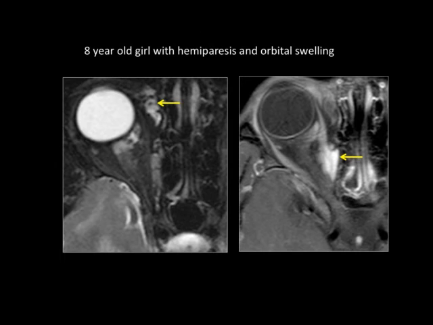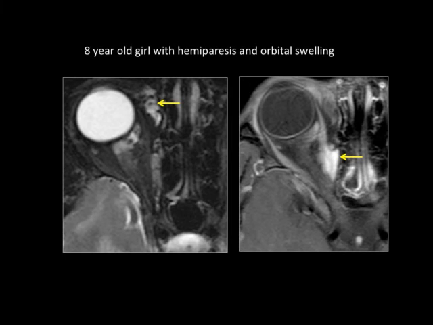Here it looks extra, no? Intra and extra both. You see that it's there also. See here, this is the muscle, right? So it is extraconal, plus involving the muscle, plus extending a little into the intraconal space. And then anteriorly also you can see the intraconal component. And here also there is enhancement, retrobulbar, a diffuse ill-defined lesion.